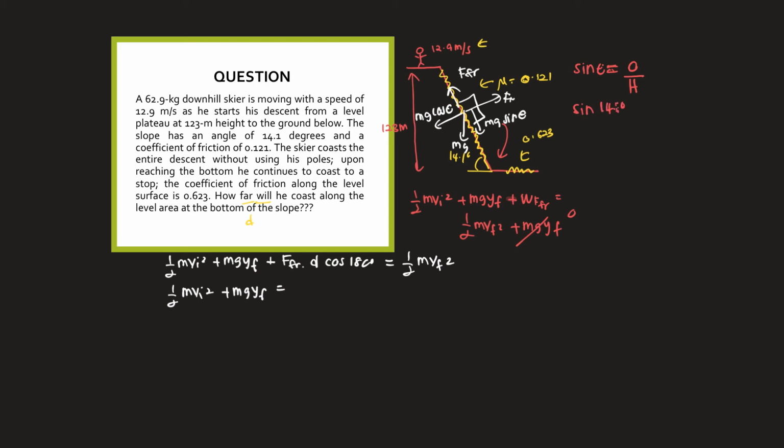Okay, and the opposite I didn't know. No, opposite is 123, hypotenuse. Okay, so I'm going to get the hypotenuse first. So sine 14.1 times by answer. So the inclined plane is 504.9 meters. Okay. So here is going to be